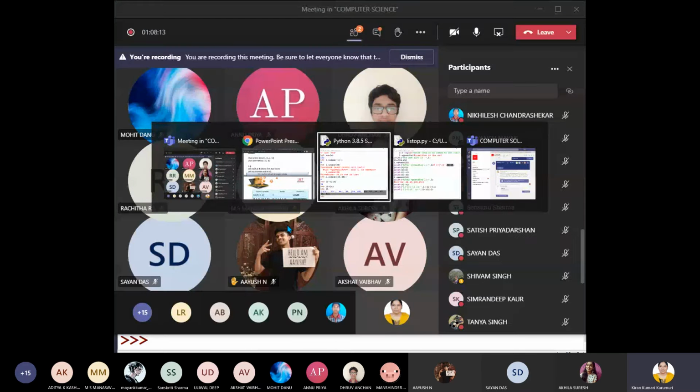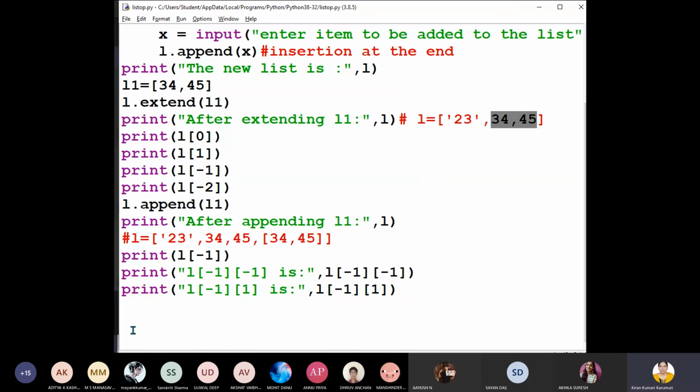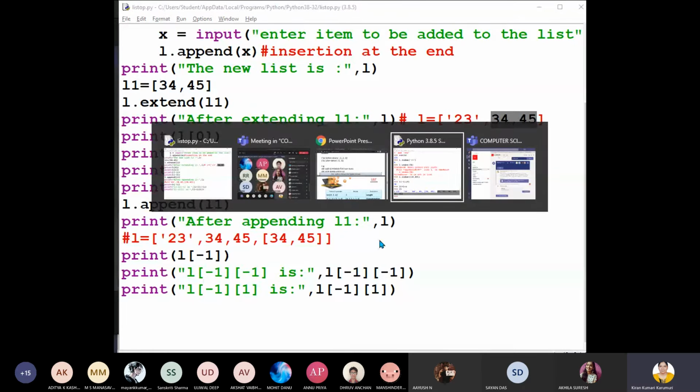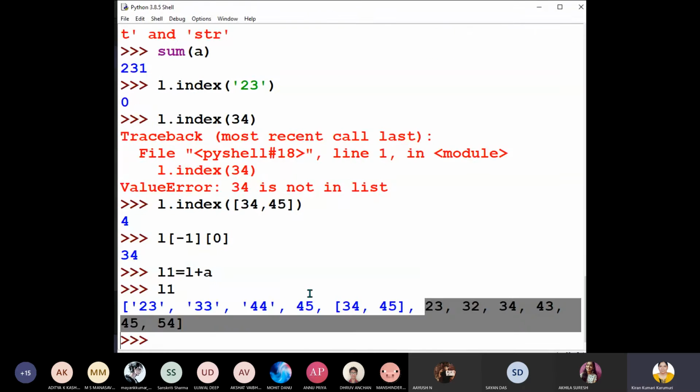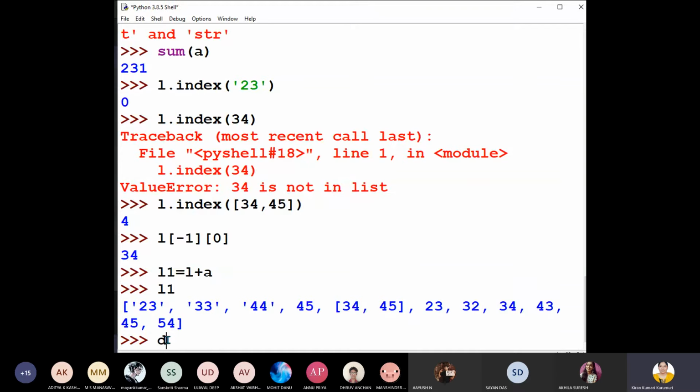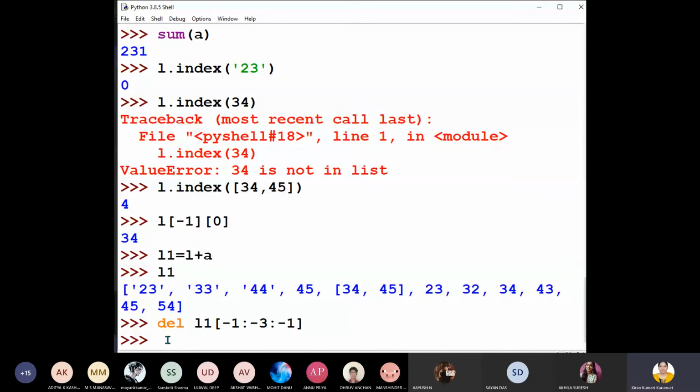Okay, now let's delete the first element of this list. How do we do that? Let me go to Python shell only. Here only directly I do that. So what should I do? Delete L1's otherwise last element. So last element means -1. Last element से शुरू करके कहाँ तक? Last but one. Okay, -3 तक जाएंगे. Okay, so now you can see if you print L1, what will be there?